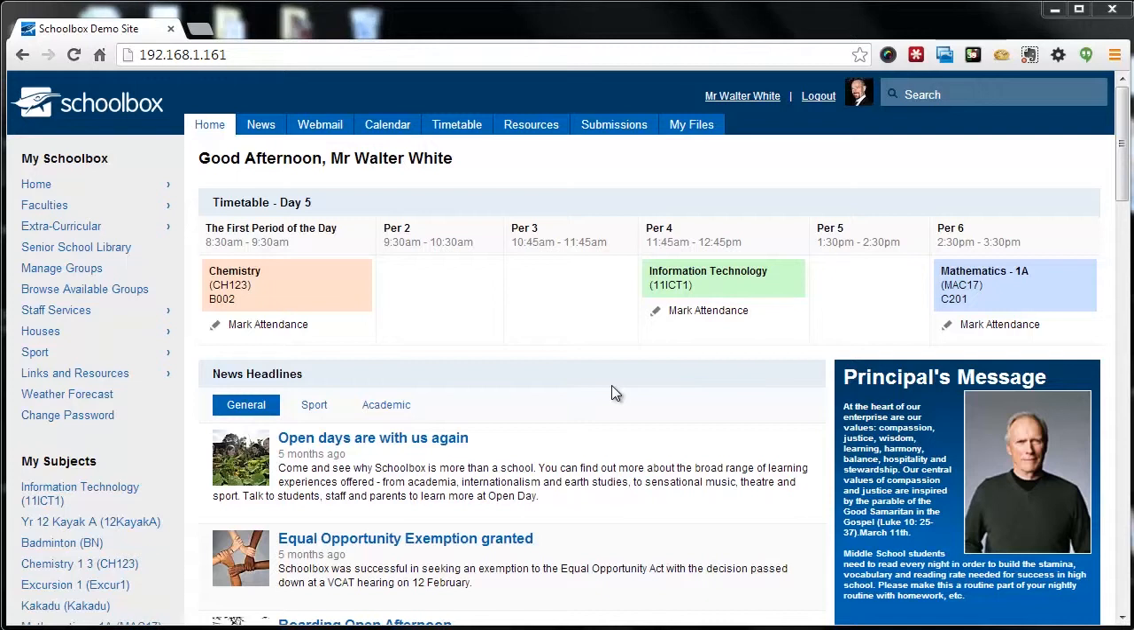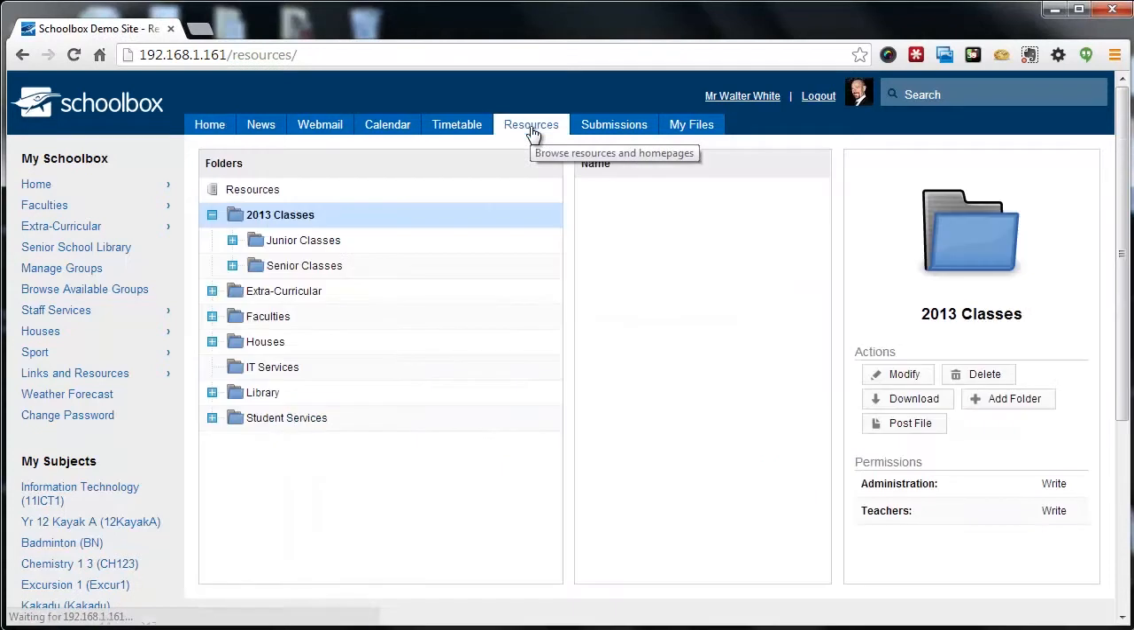Today we're going to be discussing using the resource browser. The resource browser is located in the top menu navigation under resources. Clicking this tab will bring you to the resource browser interface. The resource browser is much like a file system that you're used to on your computer, with folders and files